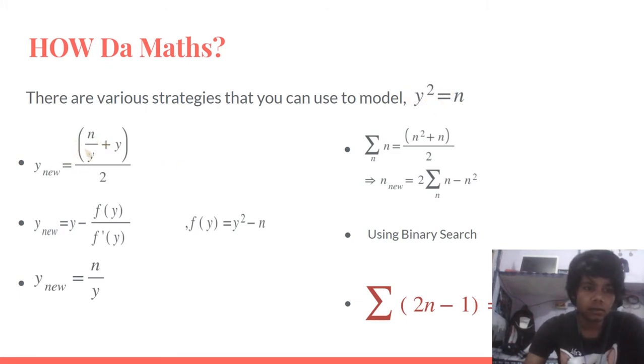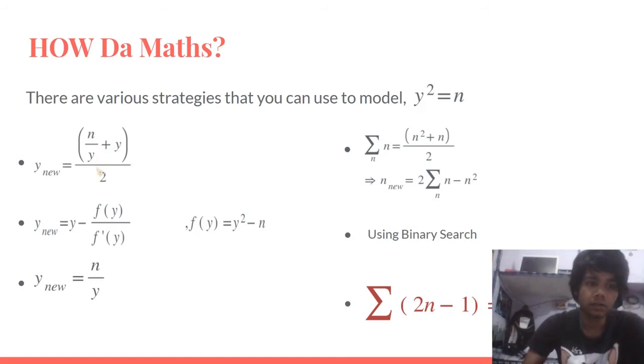This can be simplified using normal algebraic manipulation, and you can see this equation will turn out to be this equal to this, and this last equation is just y equals n by y. I've just divided both the equations by y. So these can be used to find the square root, but our aim whenever we design a program,